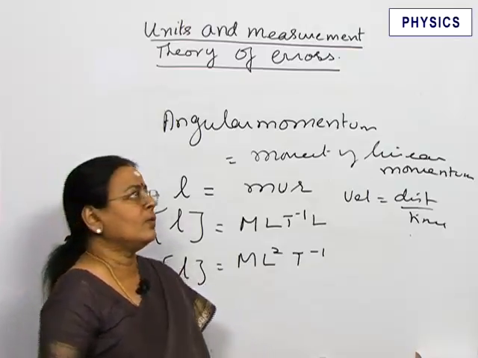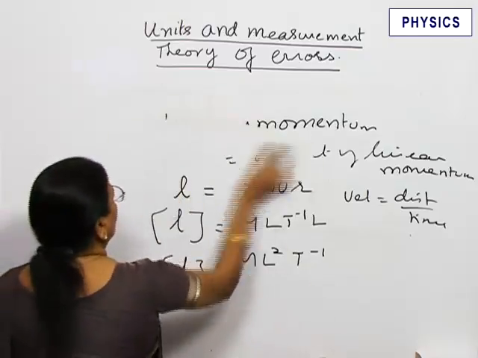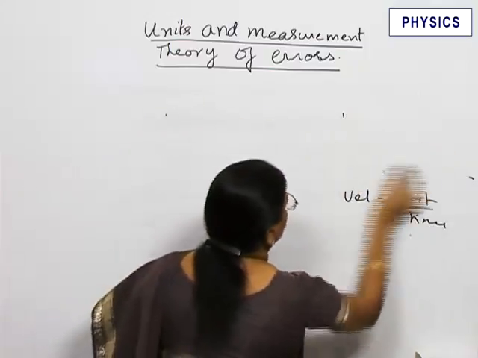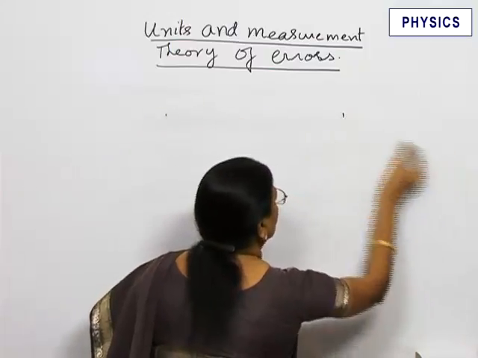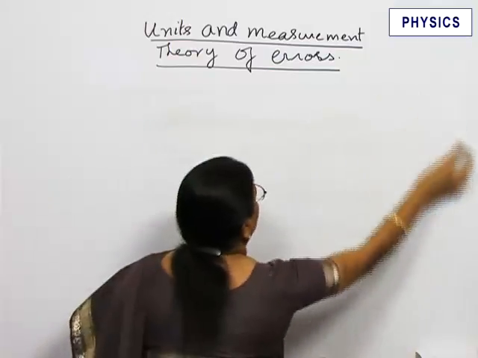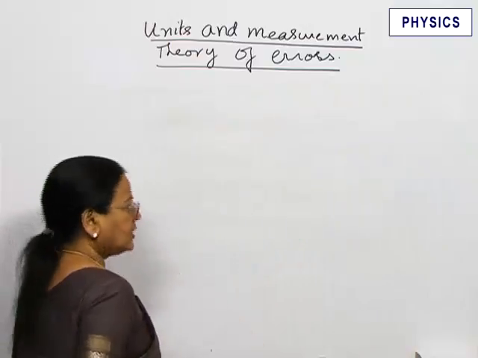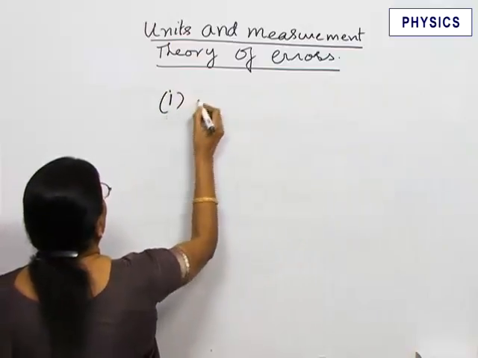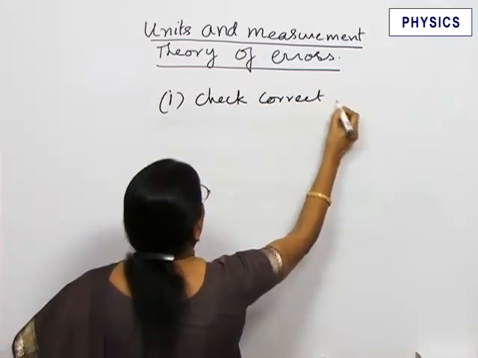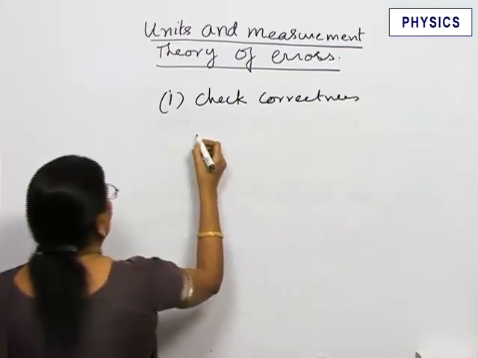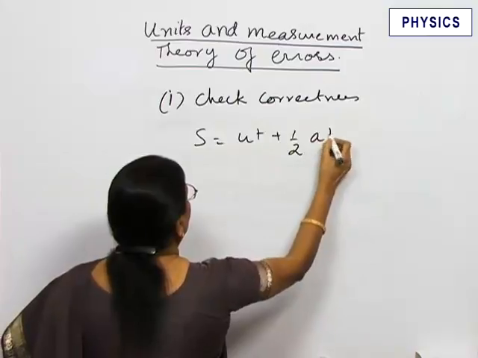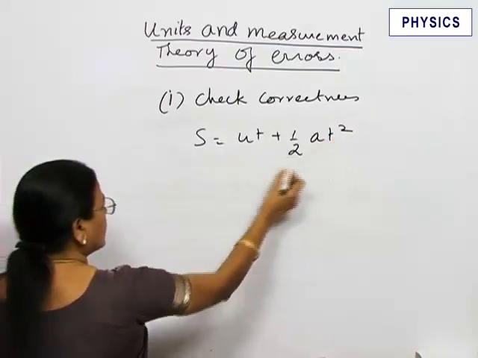Now, I will explain the application of dimensional analysis. The dimensional analysis helps us to find the dimension of physical quantity and also the dimension of constants, and its applications are, we can check the correctness of a given equation. Take for example, S equal to ut plus half at square. Any equation in physics